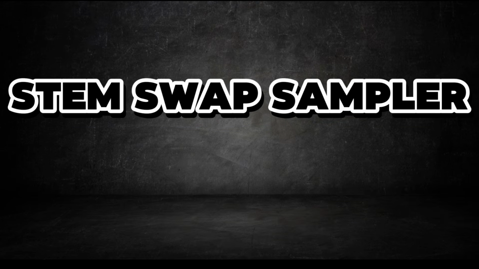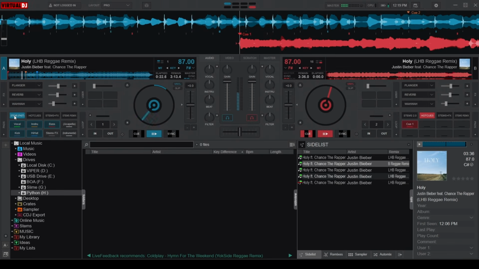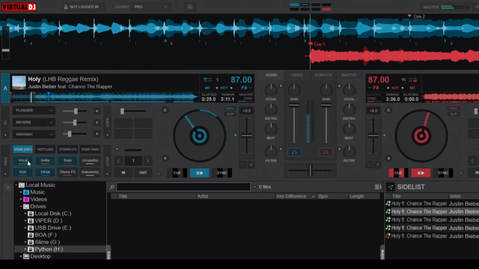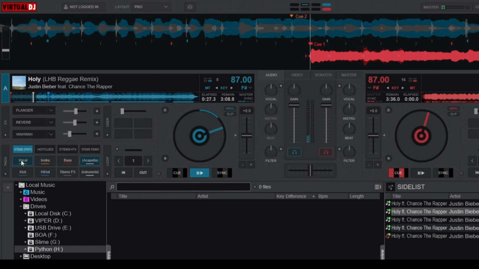To fully understand the StemSwap sampler, let's start by defining stems. In DJing, stems refer to the individual audio elements of a song, such as vocals,